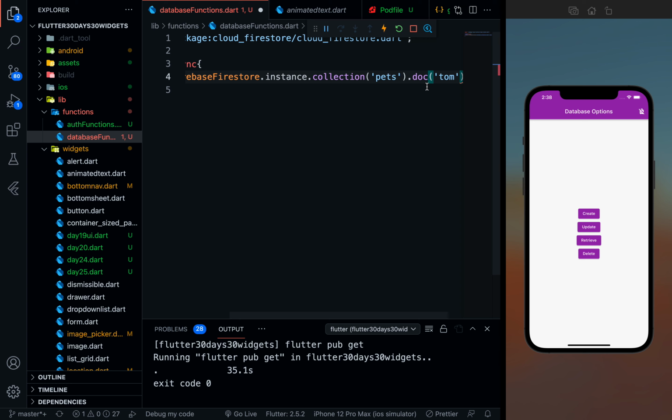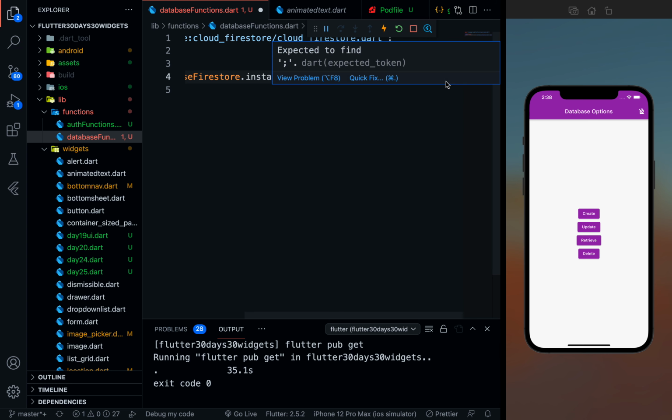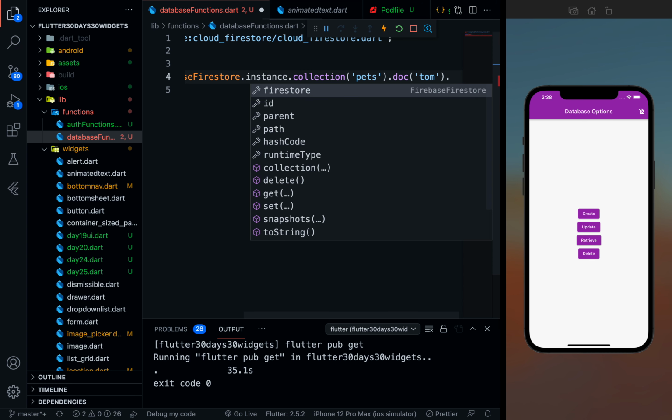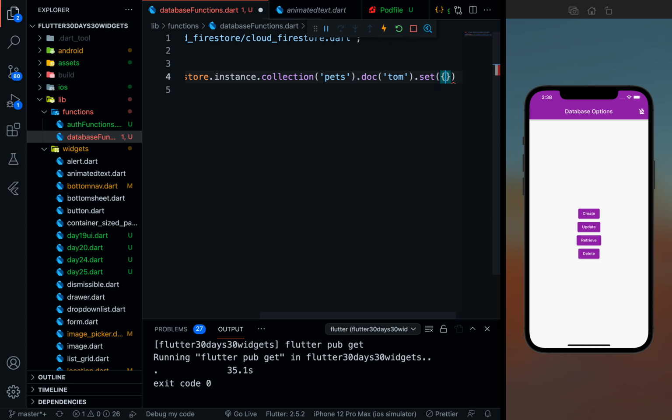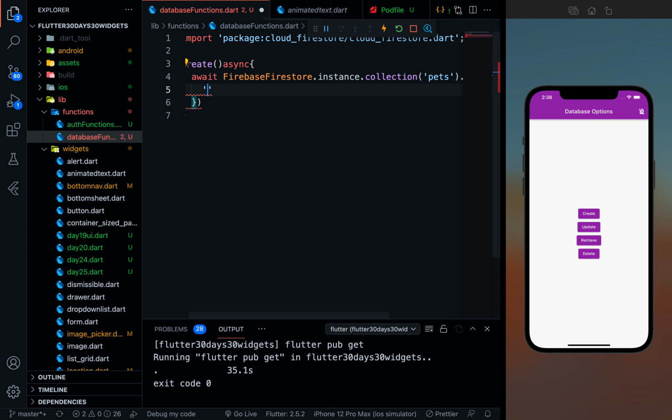Perfect. So in this document, I'll be having the information. I can store the information about Tom pet in the form of JSON. So let's create dot set. Let's say the first field is name. The name of the pet is Tom. Let's keep animal, and the animal is, it's a dog.